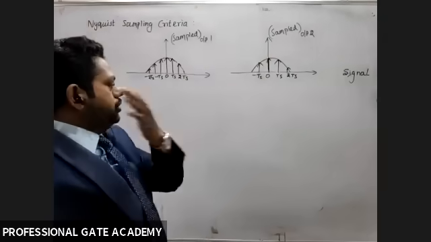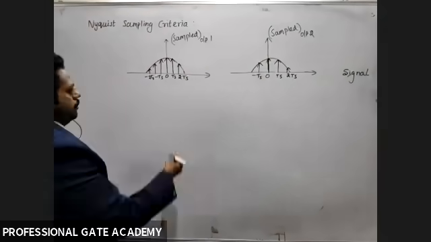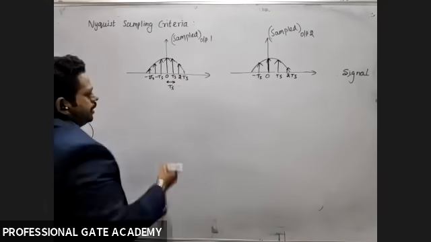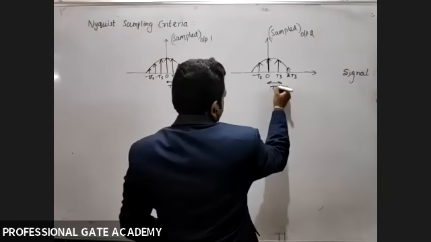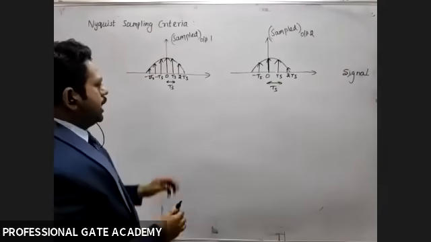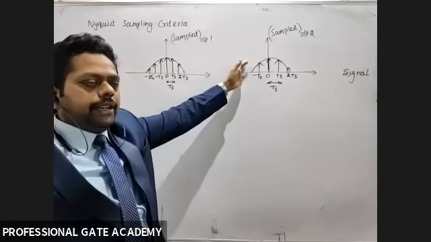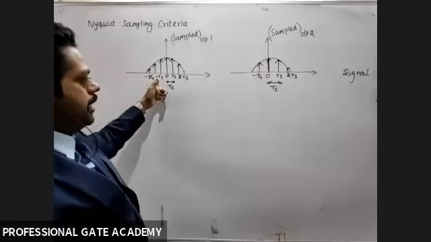So between these two, what is the difference? Here 0 to Ts, this is called the Ts sampling period. Here this is the sampling period. Now, which one has more number of samples, the first case or the second case? Students, tell me which one has more samples? First one. Yes, the first case has more number of samples.